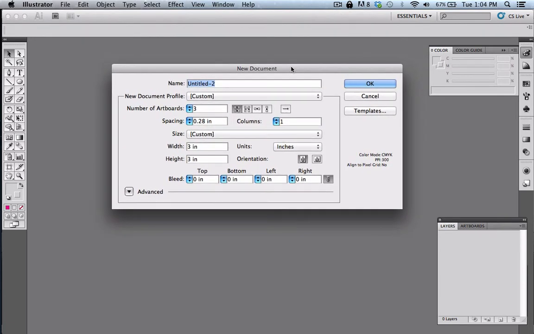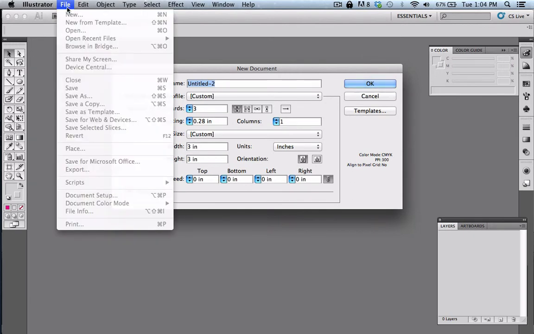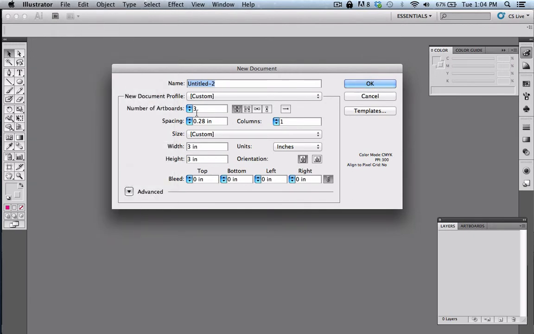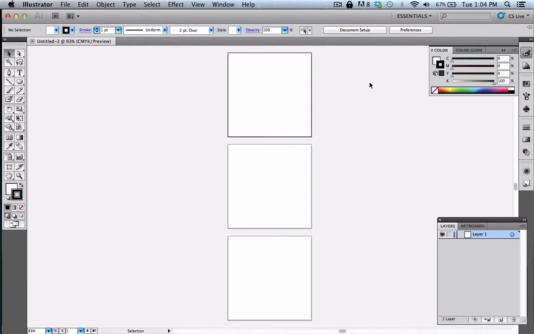We have a new document. I went to File, New Document, and we're going to make a document with 3 artboards, each at 3 inches by 3 inches. We end up with something like this. This gives you 3 distinct workspaces for the 3 parts of your project. One will be a symmetrical design, one an asymmetrical design, and one a design that exemplifies motion or movement in